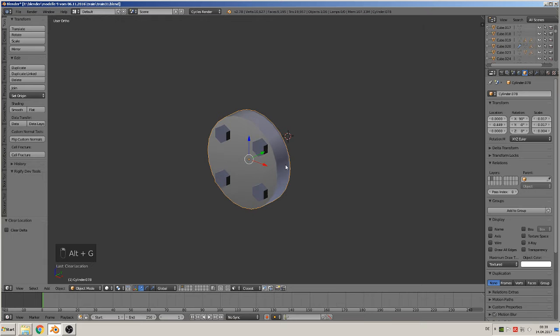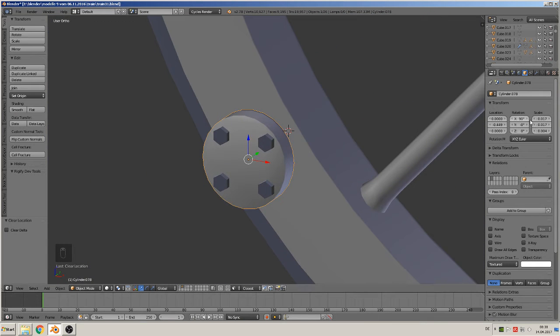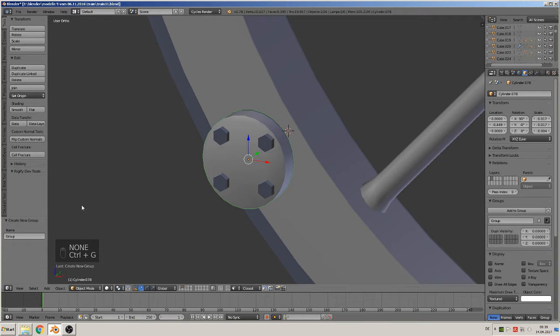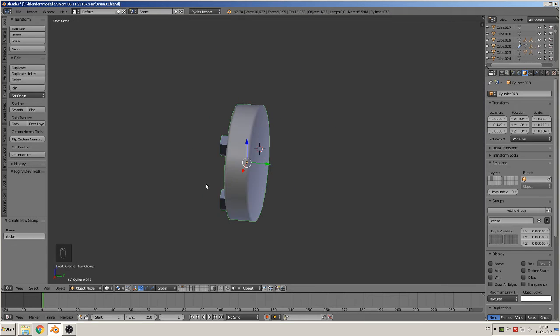And that here, I don't know the name for such, so I call it, Control G to give them a group name. It is the decal, we call that. Decal. So we have the decal,